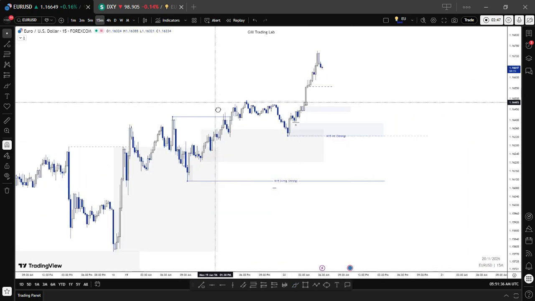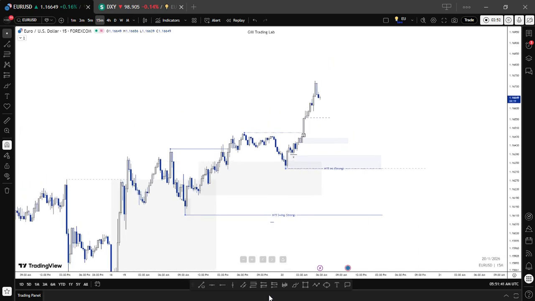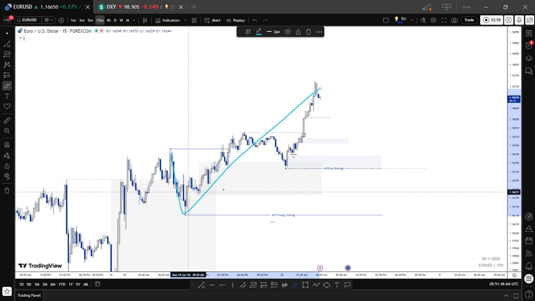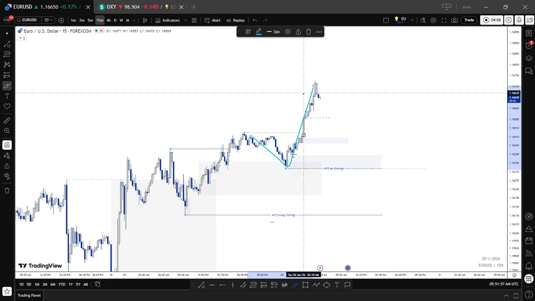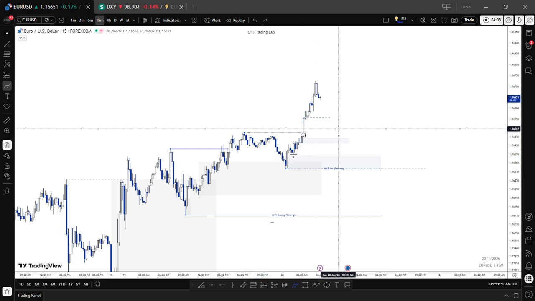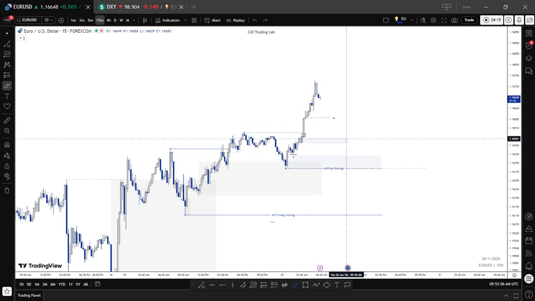On the M15, my swing structure is bullish. This is my current swing structure that I'm working with, the whole of this leg, and this is my internal structure. So I want to look for longs. Currently longs are phase A2. Phase A2. You can trade directly from these POIs,